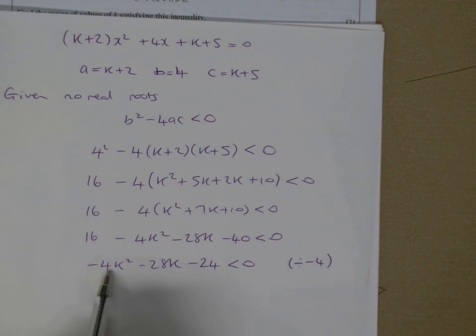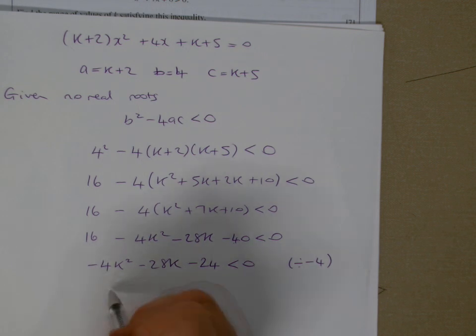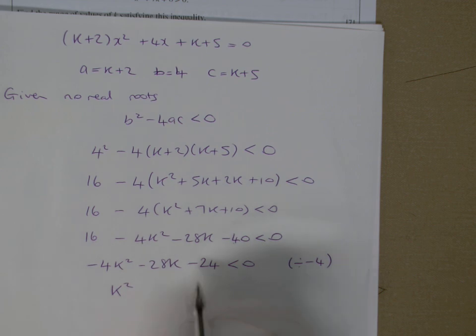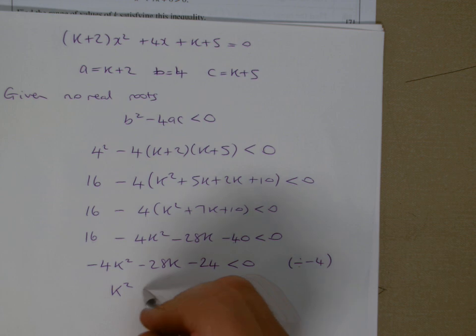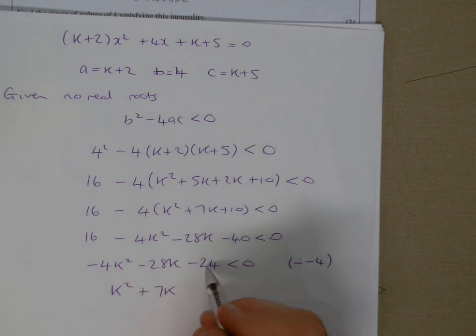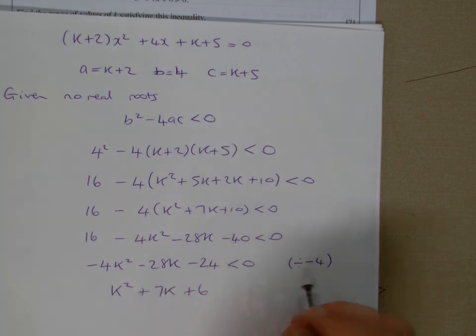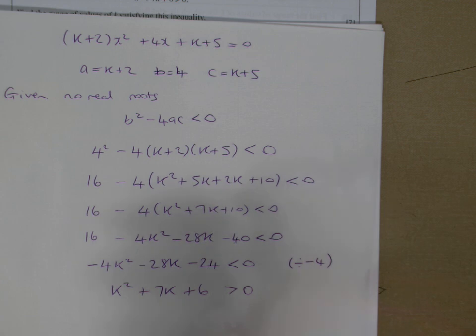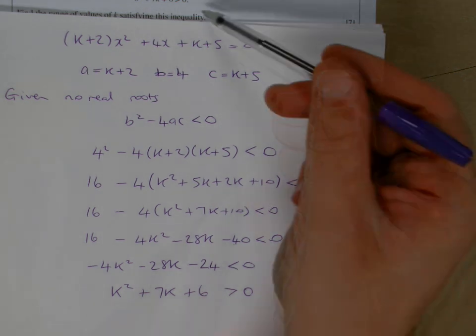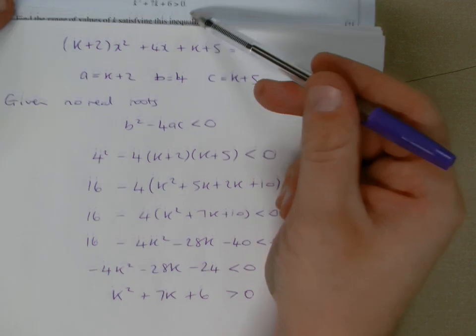So if I divide this by minus 4, minus 4 divided by minus 4 is just 1, so you just become k squared. Minus 28 divided by minus 4 is plus 7, okay? And then minus 24 divided by minus 4 is plus 6. So we divided by 4 and the signs have changed. But what's important to remember, when you divide by a negative, the direction of that inequality is going to change. It's really important to remember that. So now it's greater than 0,